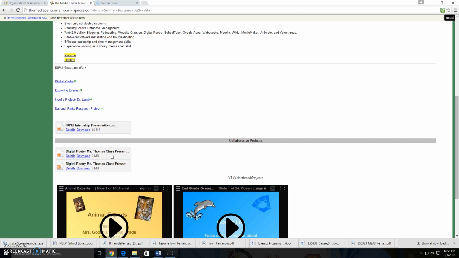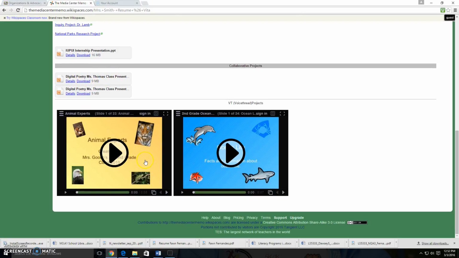Those are all suggested ideas or actions from the EL guideline that states the school library program is built by professionals who model leadership and best practice for the school community. Now, next, as instructional partner, you can find evidence of her collaboration with other teachers under her resume and Vita page. She has at the bottom some of these completed projects that were done with the 2nd grade class.